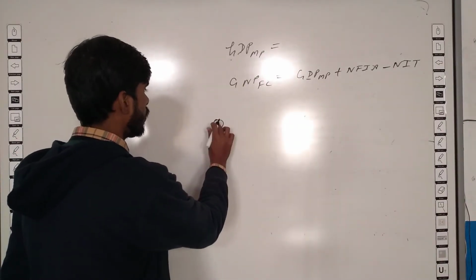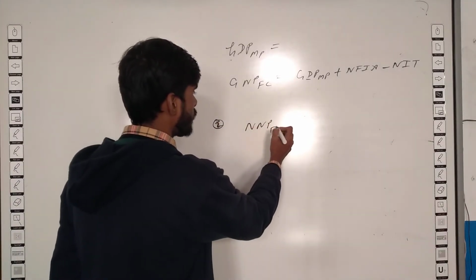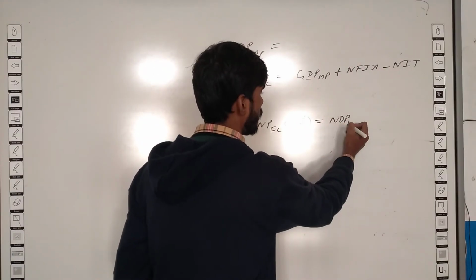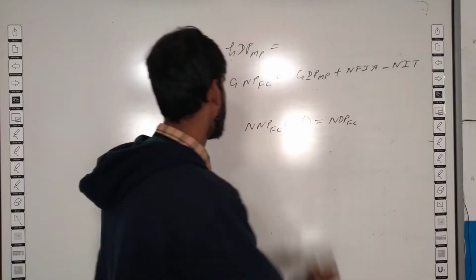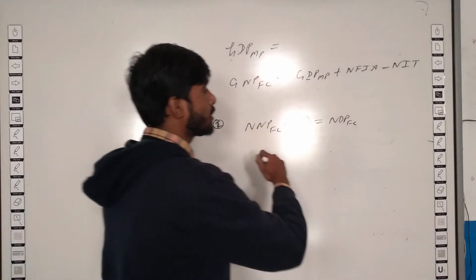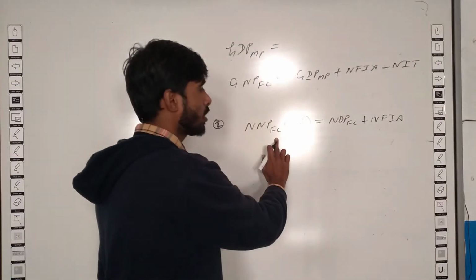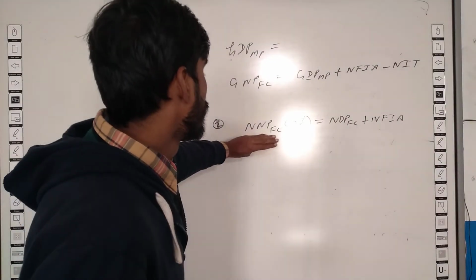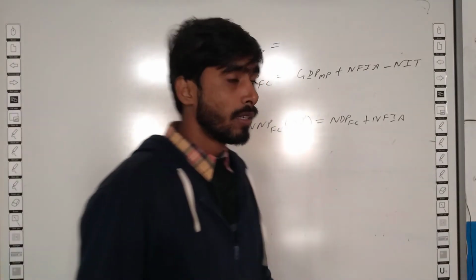Suppose you want NNPFC, that is national income, and NDPFC is given. Here N means net, here N means net. No need to convert the formula. Here N means national, here D means domestic. We want national from domestic, so we will add NFIA. Product will be always same. Factor cost and factor cost are same, so there is no need to change. So here is the formula of NNPFC. NNPFC is equal to NDPFC plus NFIA.